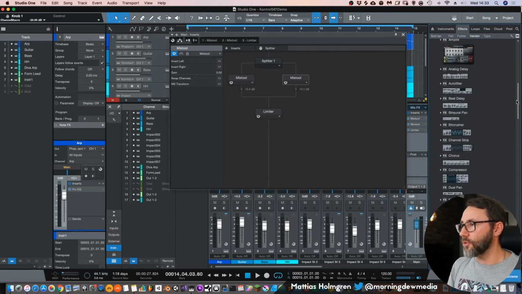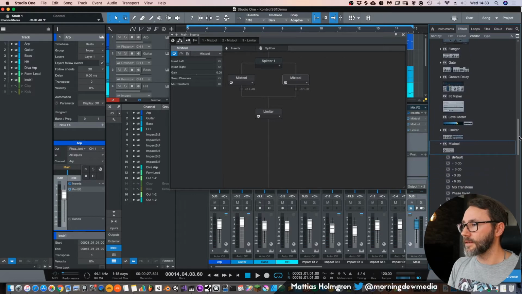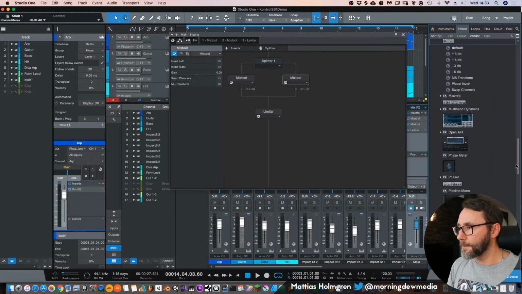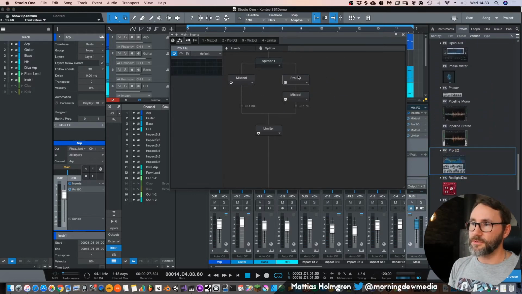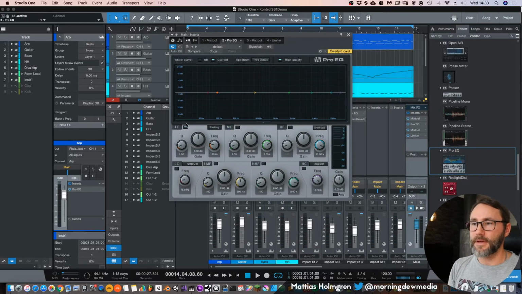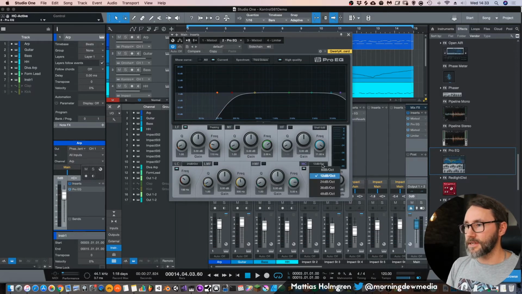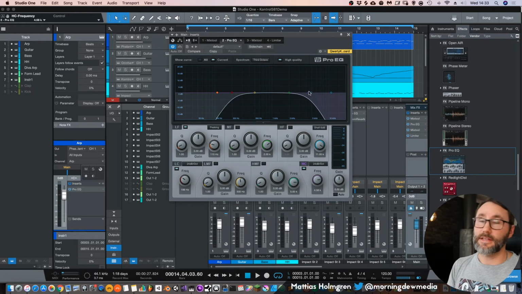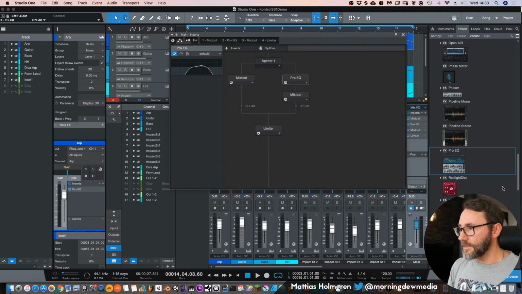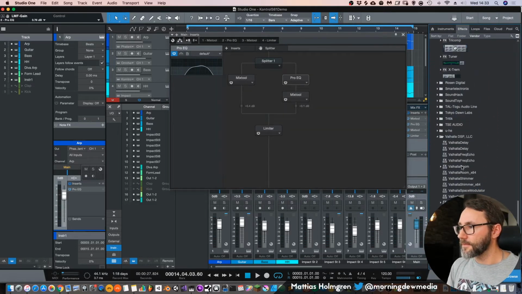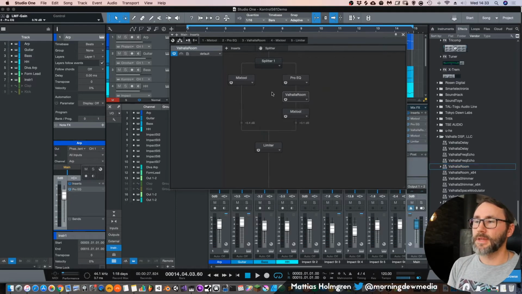So we will drag the Pro EQ first. Here we have the Pro EQ, so we drag it here. Double click to open that up. And let's set a low pass filter here. Maybe a 24 dB. So we have a kind of bandpass filter like in the demo. Let's add a little bit of resonance here to the top. And maybe let's add some reverb in there too. So now we have 2 different effect lanes.